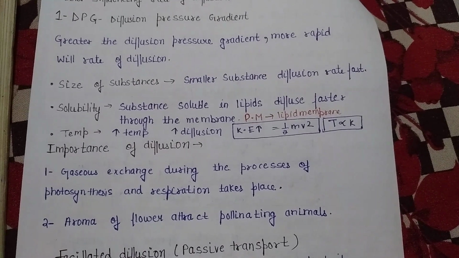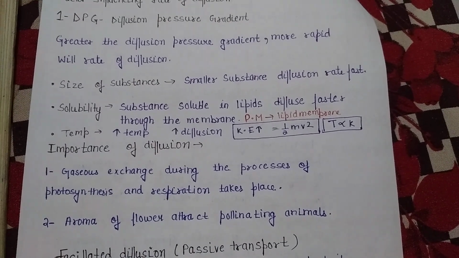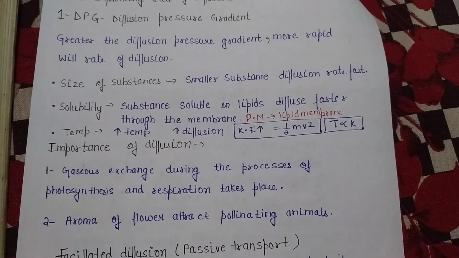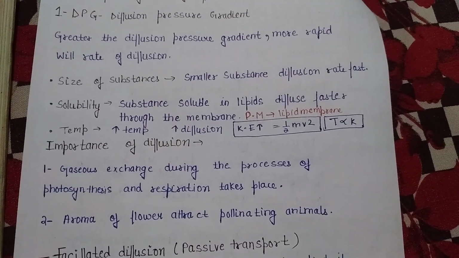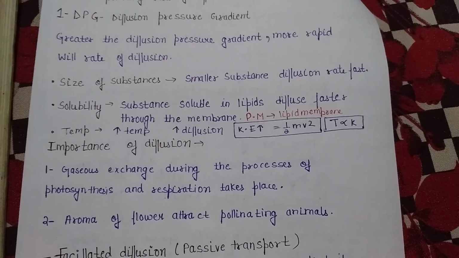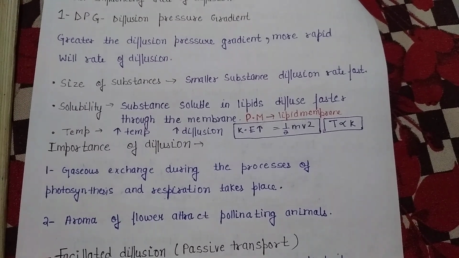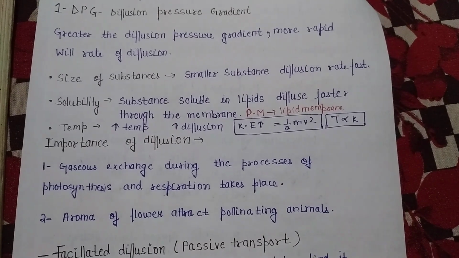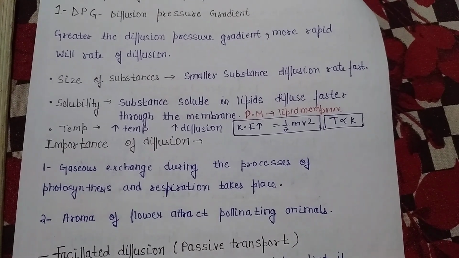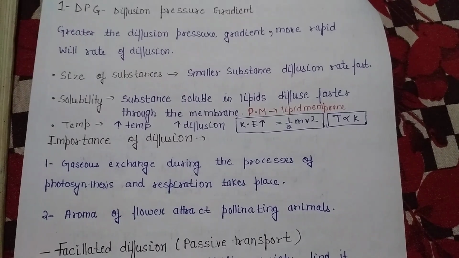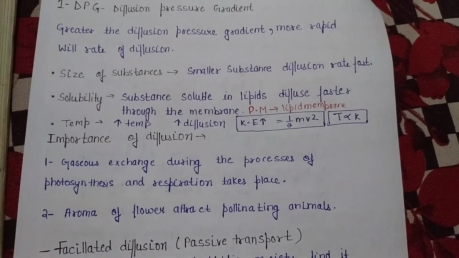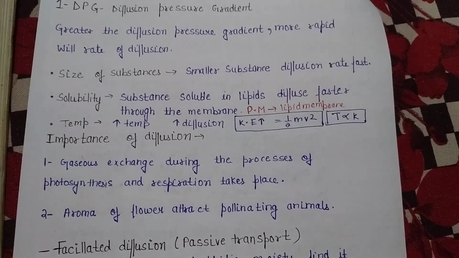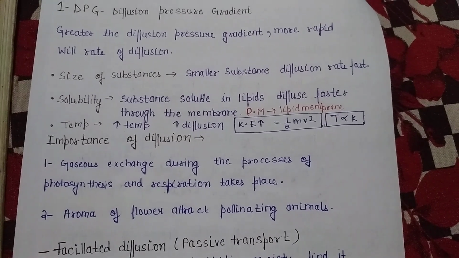And solubility is that lipid soluble substances diffuse faster through the membrane. The plasma membrane is a lipid membrane with a double layer of lipids, so substances can be transferred very easily. Temperature: if temperature increases, then diffusion also increases, because temperature is directly proportional to kinetic energy, and kinetic energy equals